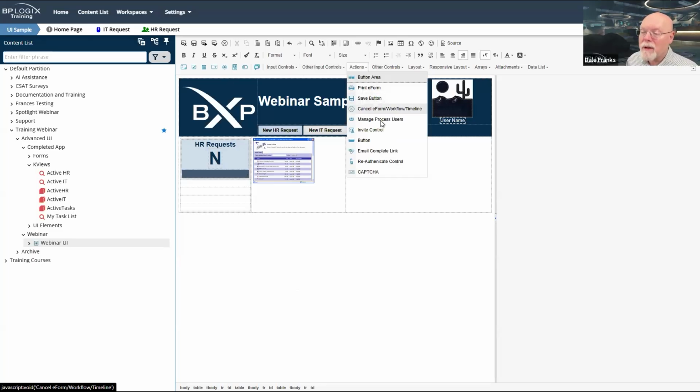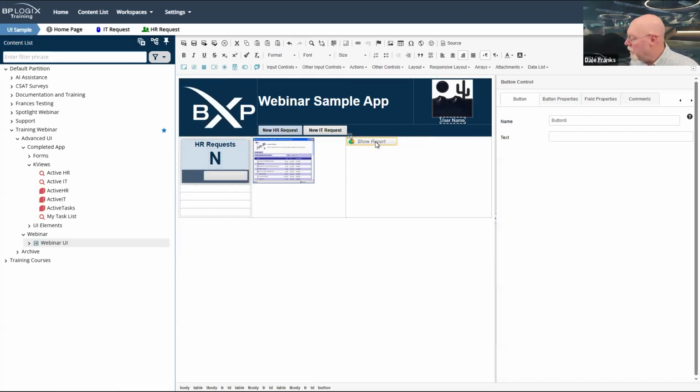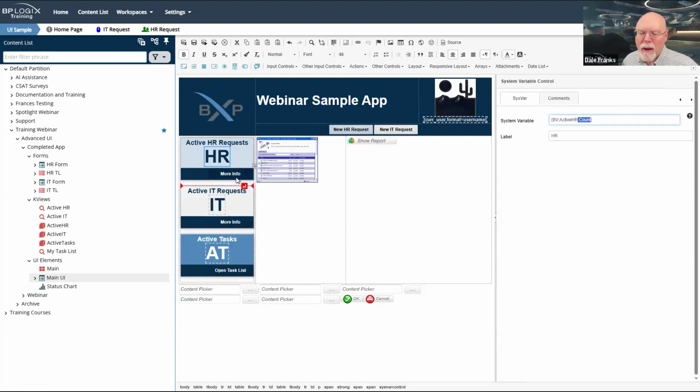So we'll go to actions and we'll pick button as the control. And now I definitely want to make some changes here to this button. I do want to give it the same name. Oh, well, new HR2, because I called this new HR.